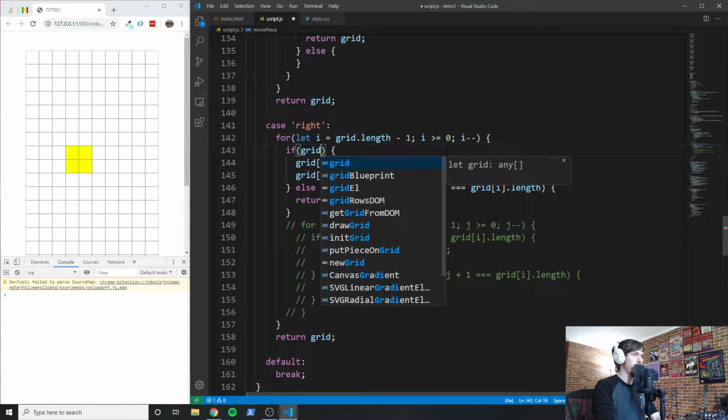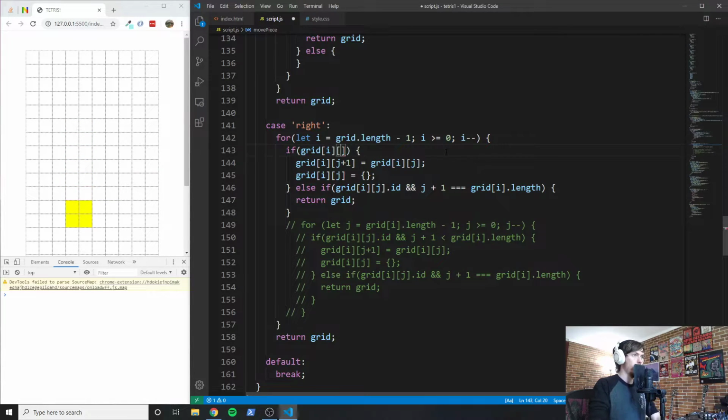So if grid I, and then the index that I want to access is this is grid I. So actually what I need to do is keep this particular part. So I need to say if we're on a piece that has an ID